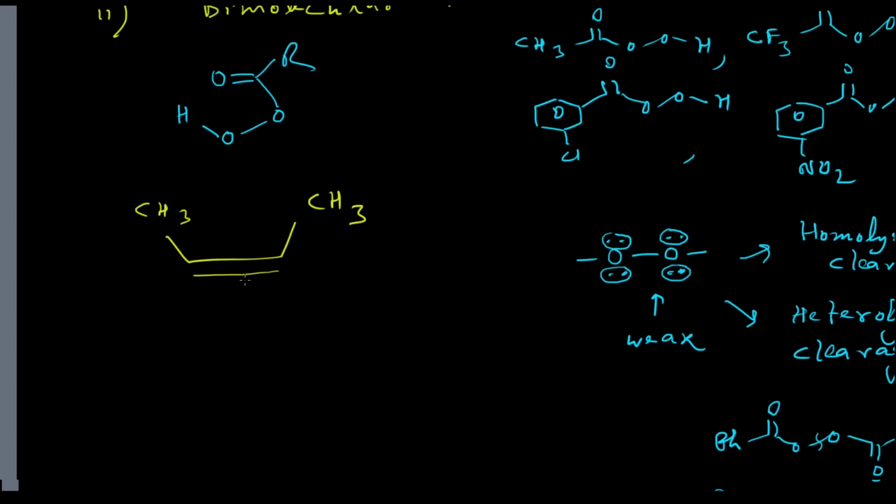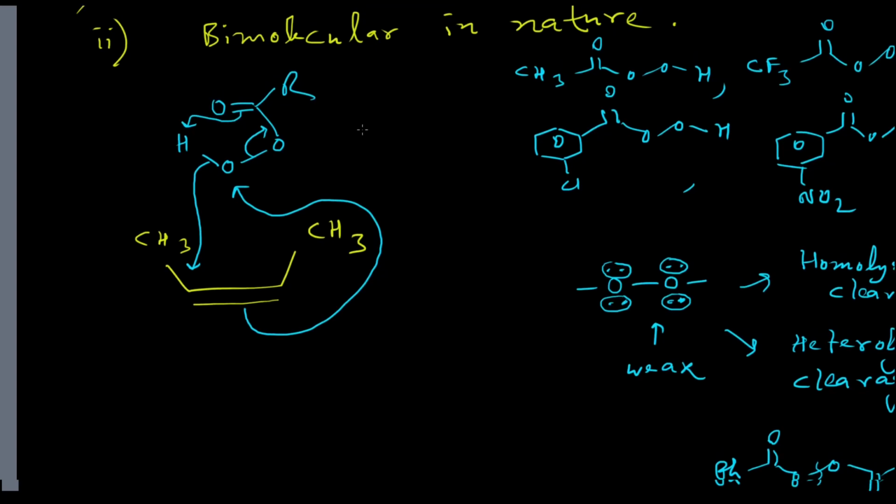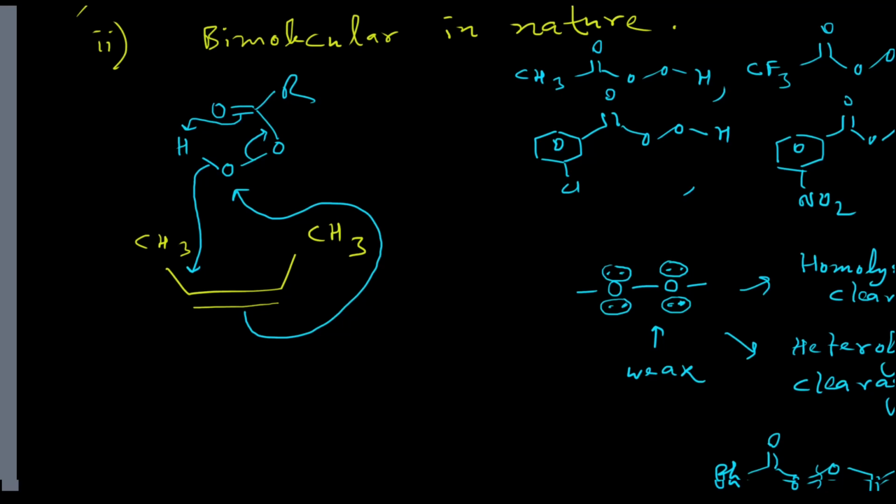So now let us again go into the mechanism. Here first the nucleophilic attack by this double bond will take place at this OH oxygen atom. This peroxide linkage will cleave and form a double bond with this carbonyl carbon atom. The carbonyl oxygen double bond will break and try to capture this hydrogen atom from this OH bond, and this OH bond will eventually break, and the bonding electron pair will form a single bond with the carbon atom of this alkene. So this is a very neat and clean curved arrow notation for the epoxidation reaction.